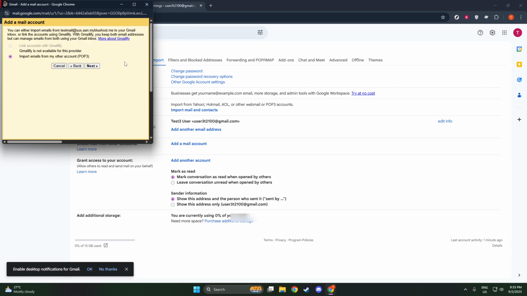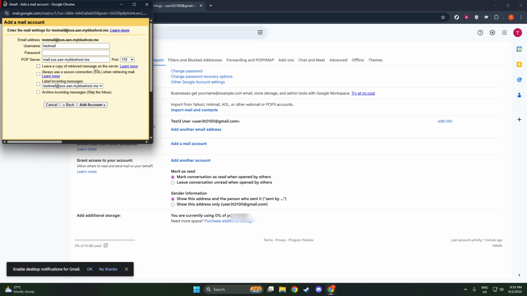Now, you are required to enter some specific details about your Bluehost email. Start by typing in your Bluehost email address as your username. For password, input the Bluehost email password you set up when you created the account. You'll also need to specify the POP server, which you can usually find in your Bluehost manual settings. It's commonly something like mail.yourdomain.com or your server's host name. Don't forget to set the port to 995, as this is crucial for SSL encryption, which keeps your data secure